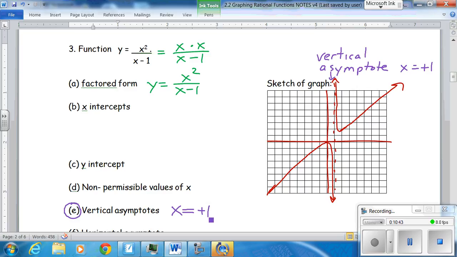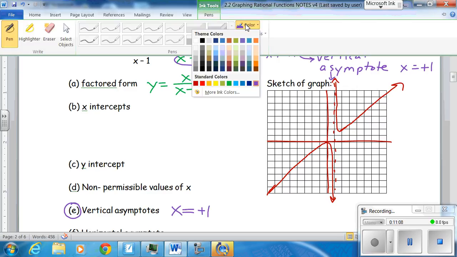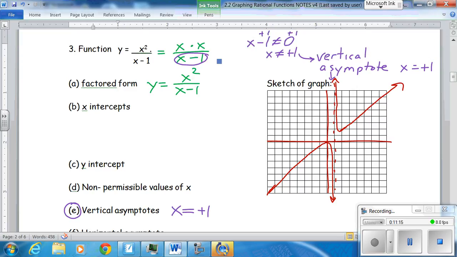Now how do I know that? Well, I can read it off my graph, but more importantly, go back to my original equation. What's the denominator? x minus 1, it can't equal 0. So there is my asymptote. Now, that's an important thing to know. I will give you the equation, and you'll have to come up with the asymptote. Now, another color I haven't used. Let's pick blue. The x-intercept,